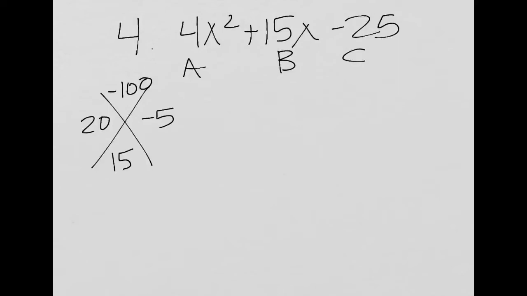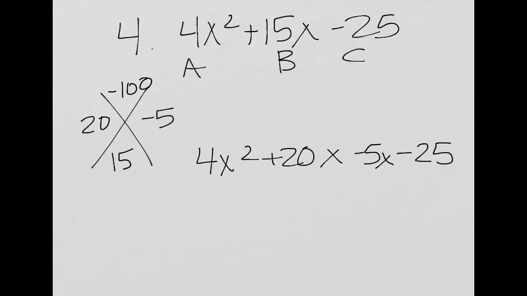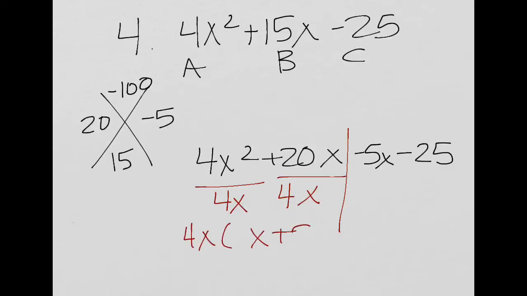But A is not 1. So I'm going to write 4x squared and my negative 25. And I'll write plus 20x minus 5x. Split it down the middle. So 20 and 4 have a 4 in common. They each have an x. So it's 4x, x plus 5, and then negative 5,